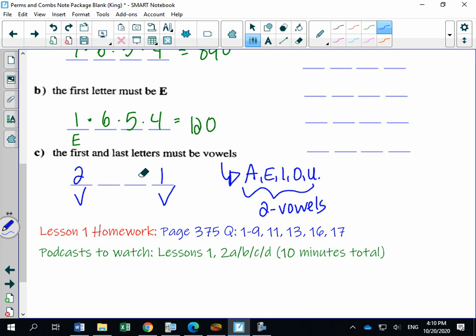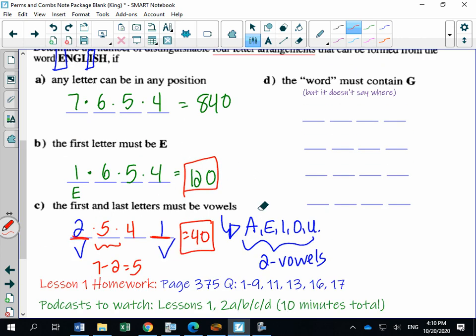Remember that there were 7 letters total, minus, I'm going to subtract 2 letters because I used up 2. So that gives me 5 choices for that stage, and that would be 4 choices for this stage. So 2 times 5 times 4 times 1 would give me 40 possible choices. So 40, 120,